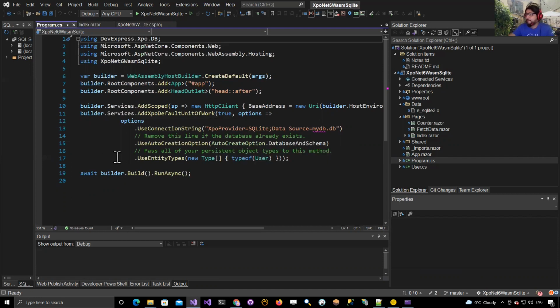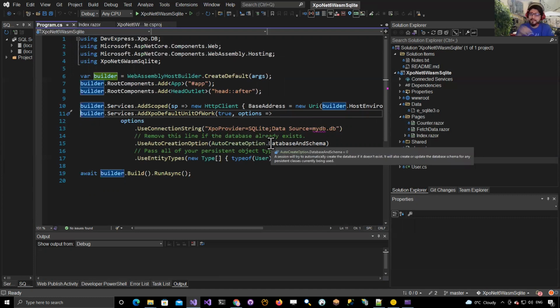But here, what I did is I installed the NuGet from XPO. That's free. You can download it for free. You don't need a license. And after that, I don't have that article here, but I will try to put it on the README. In the article from Developer Express, they show you how to use the extensions. For example, this one adds a unit of work to the services,